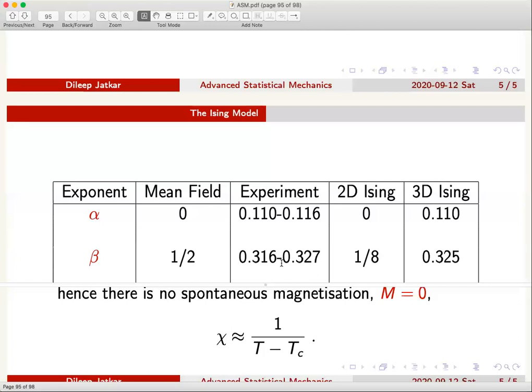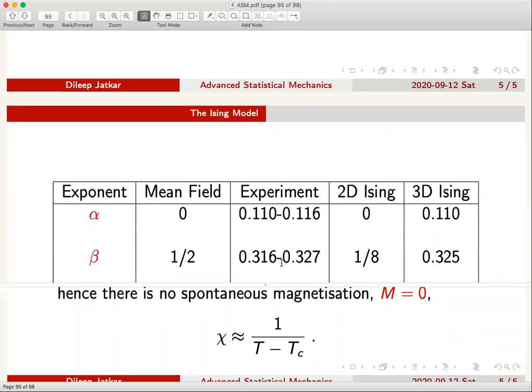Now there are ranges here simply because when you are doing experiments, there are no systems which are completely pure. When you do theory, you are talking about only spin systems. You don't talk about dislocations. You don't talk about some other contamination. As I was saying, if you are looking at 1 mole of some material and you say that it is 99.99% pure, it would still mean that out of 10 to the 23 atoms in the system, you would have 10 to the 19 or 20 atoms of completely different stuff. That is a reasonably large number, although in terms of fraction or percentage, it is very small.